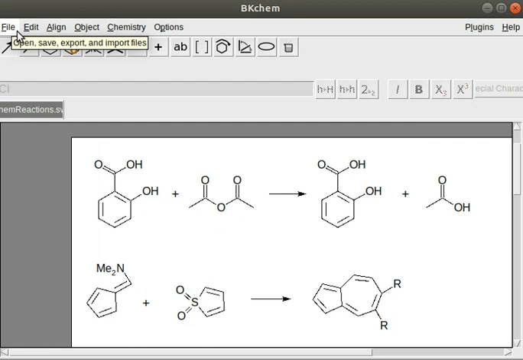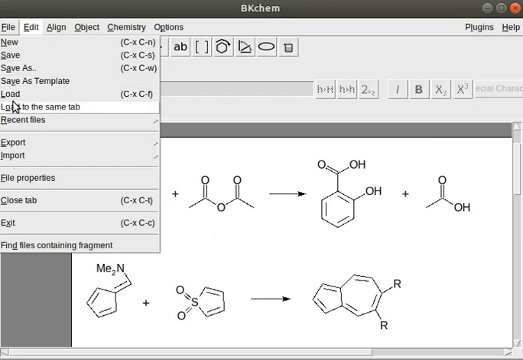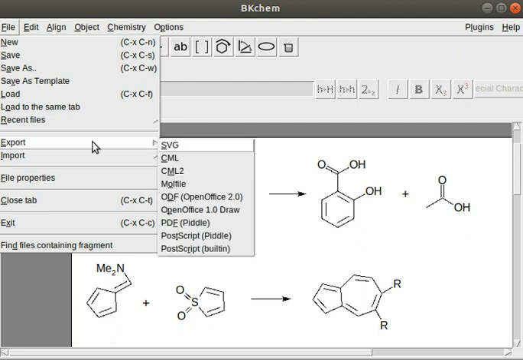We can be sure that we can open them again. How to open? This is very easy. You can go for File, Load. It is not called open, it is called load. In a new session, if we again open BKChem, we can load this old file by clicking File, Load. But now we want to export them into, if possible, PNG graphics format, or alternatively the PDF format.